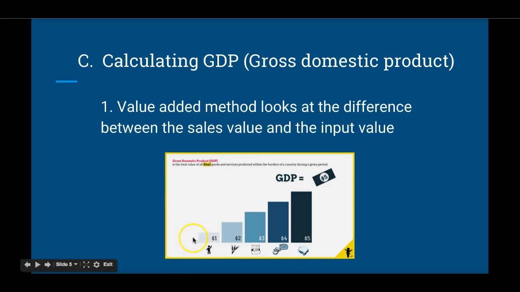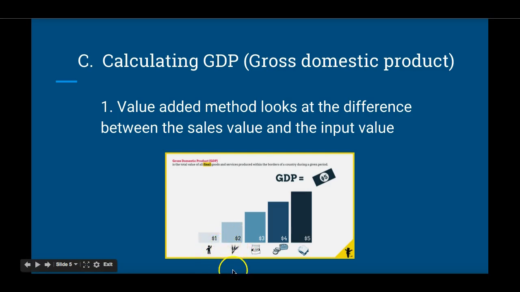So for example, here we start with nothing. And now we add a person to be able to get everything together. So we add this one person, so the value added is $1. Now we add the wheat, right? So we're going from the person to the wheat, and the value added is again $1 because 2 minus 1